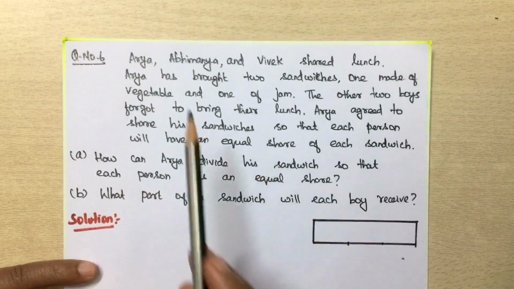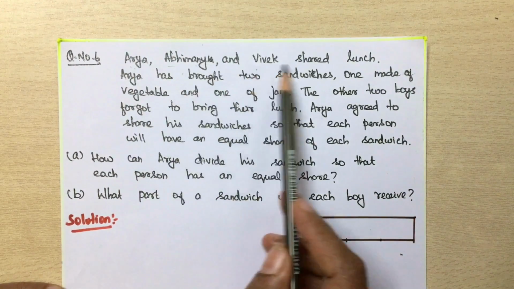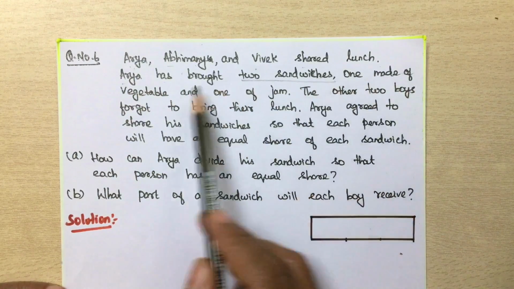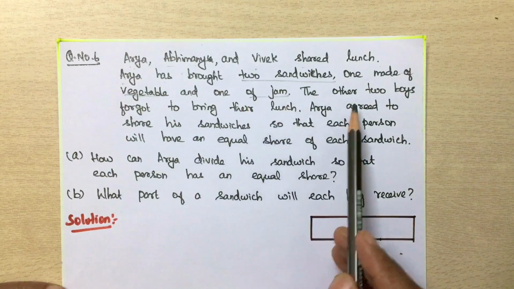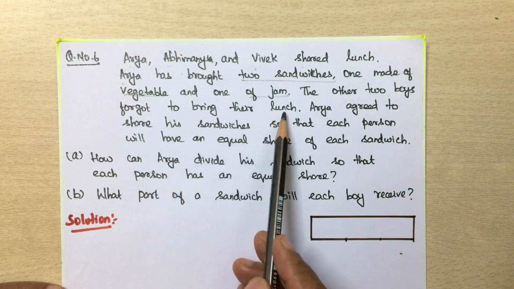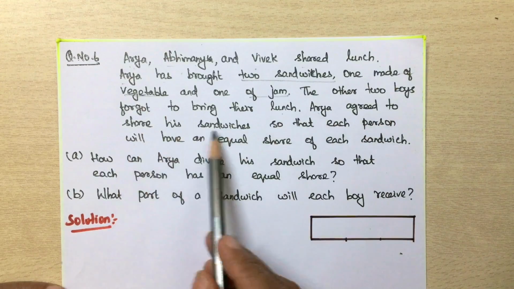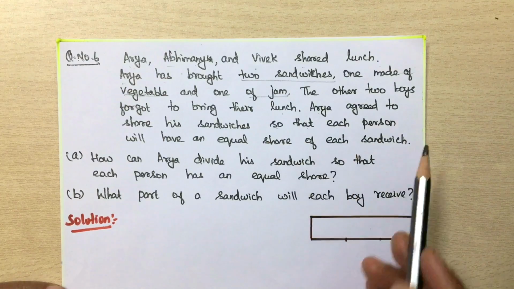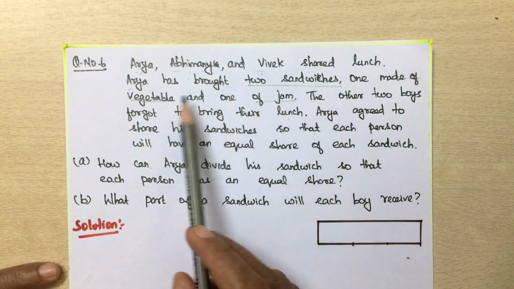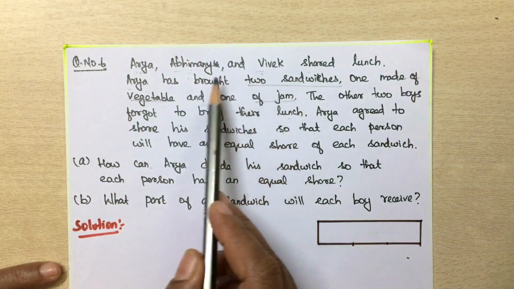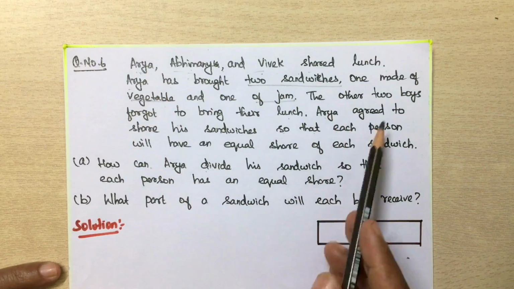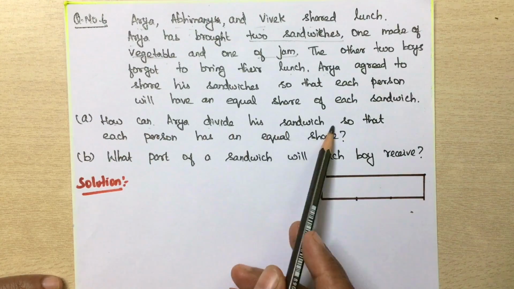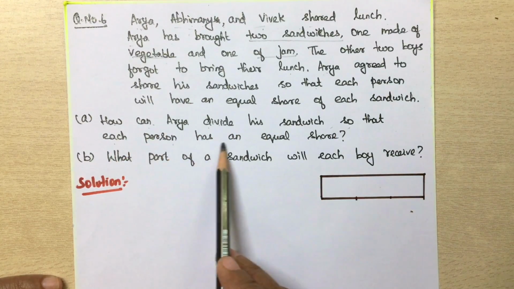The sixth question. Arya, Abhimanyu and Vivek shared lunch. Arya has bought 2 sandwiches, one made of vegetable and one of jam. The other 2 boys forgot to bring their lunch. Arya agreed to share his sandwiches so that each person will have an equal share of each sandwich. What we can understand from this question is there are 3 boys who are going to share the sandwich. Okay. Now the question is asked about how can Arya divide his sandwich so that each person has an equal